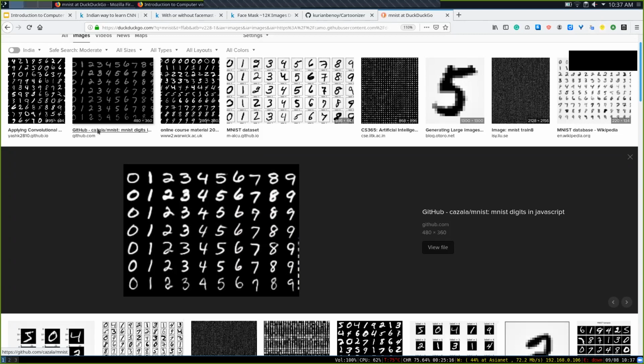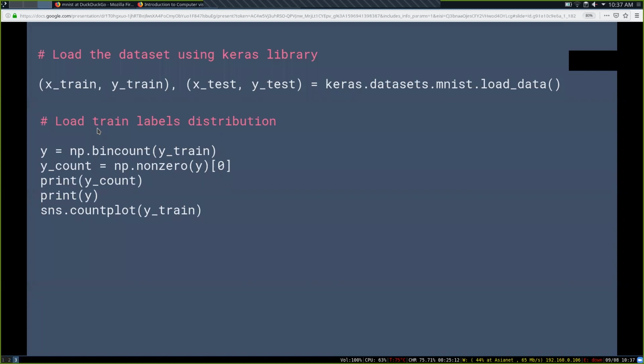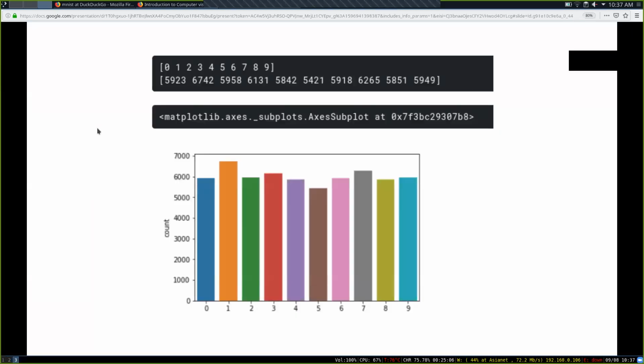So that's about it. And we may want to check its train label distribution, how many images of zeros, ones, and twos there are. As you can see, there are 5,923 images with the label 0, 6,742 images having the label 1. So it's not a perfectly class balanced dataset, but it's almost similar. It's not like 9,000 images versus 1,000 images. It's almost similar, so it's okay. It's a dataset with okay class balance. So I'm not doing anything